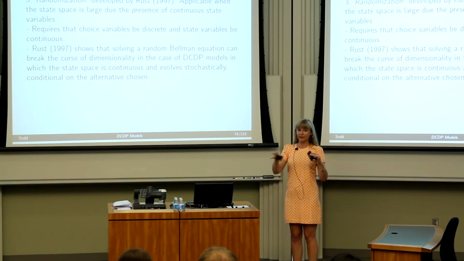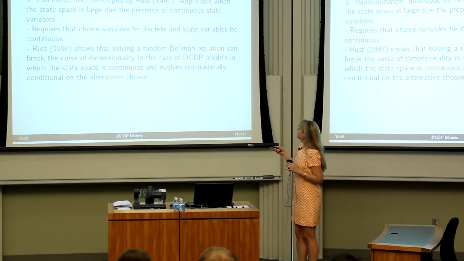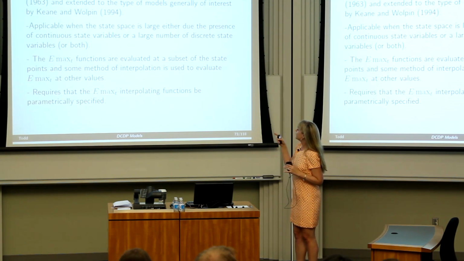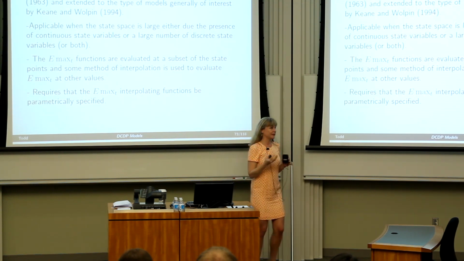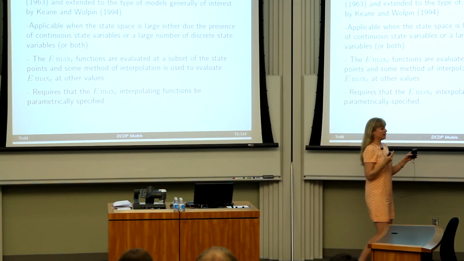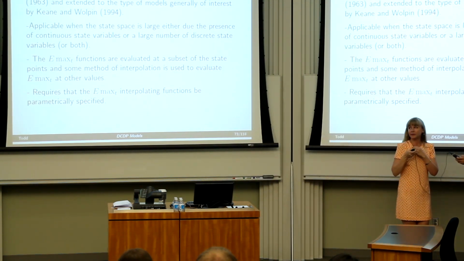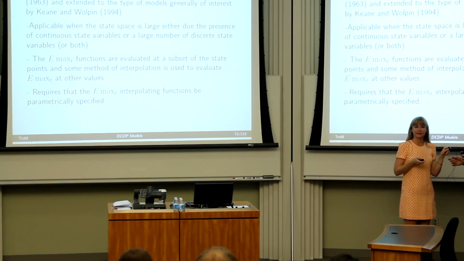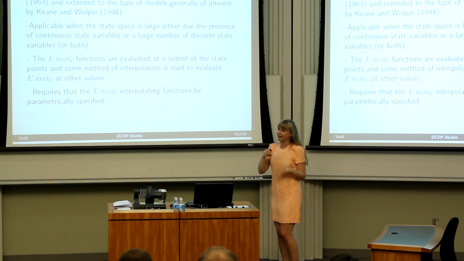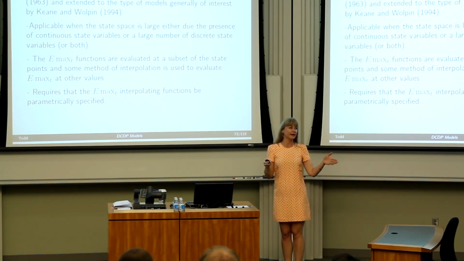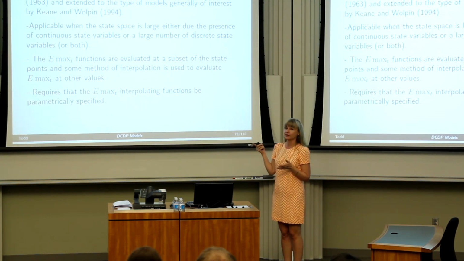So you want it to cover the whole state space when you draw the state points. Okay, and then you can interpolate. So one option is to just do regression interpolation. So you draw some subset of the state points, you evaluate the Emaxes at that subset, and then you just regress the Emax values on the omega, or the omega minus,